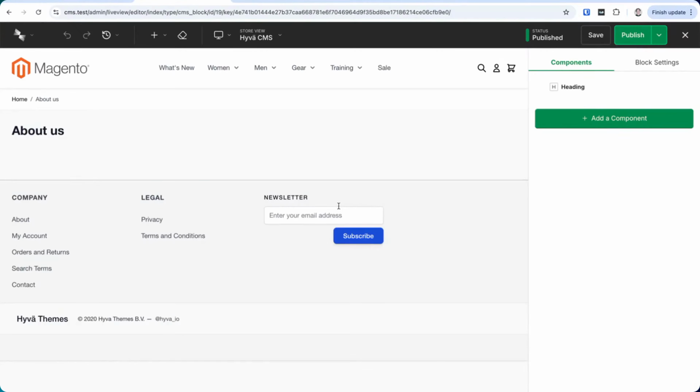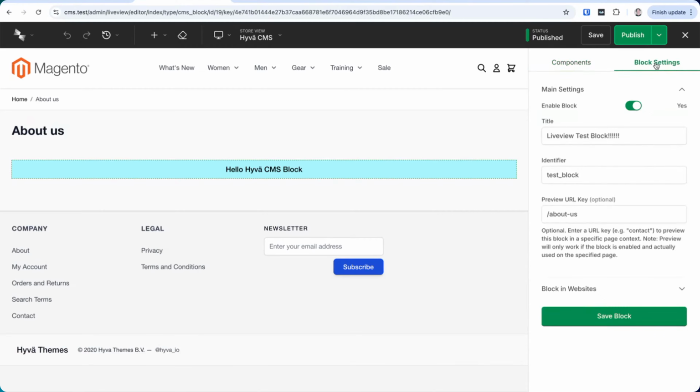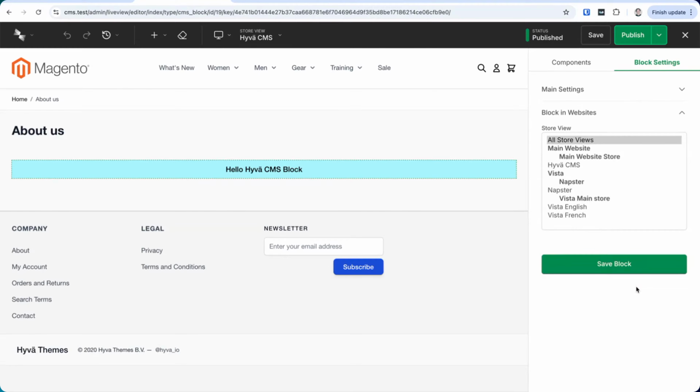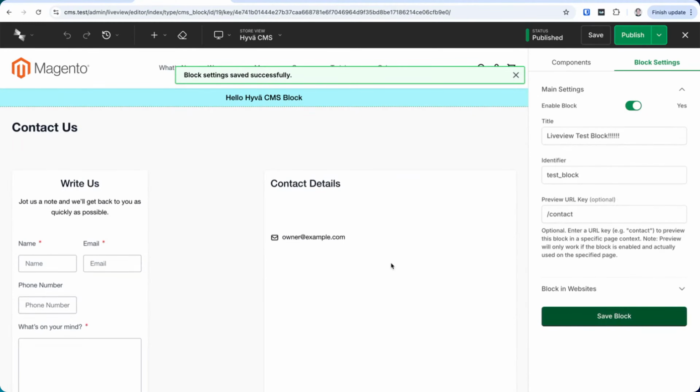If I click in here and edit it, we have lots of settings on the page. All the settings you want to edit on the Magento page, you can also edit them here on the block. I'll change it to something else, let's say contact. There we see the block on contact. I'll change it back to the home page because I prefer that.